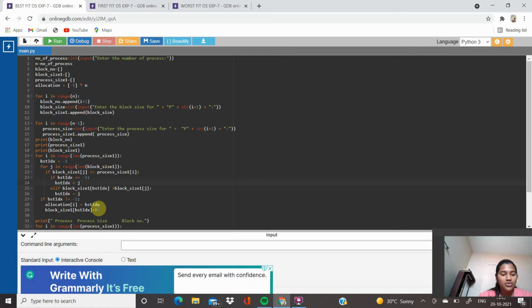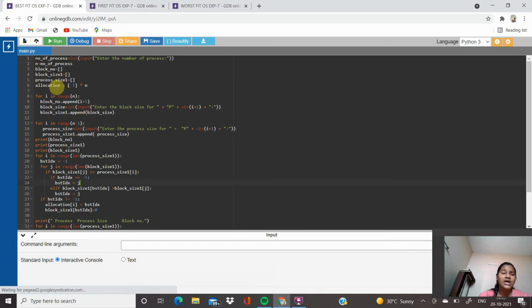Now let's go through this code. First, number of process equals int input, enter the number of process. Then n equals number of process, block number equals an empty list, block size 1 equals an empty list, process size 1 equals an empty list, allocation equals -1 times n.